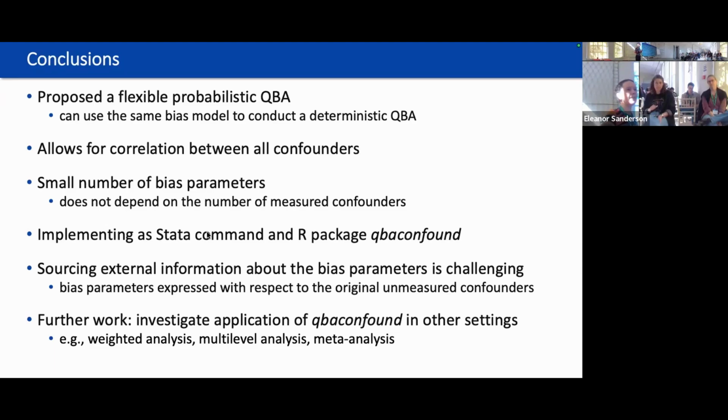Obviously, with bias analysis, the really difficult bit is getting the external information. It's a little bit like what Kate Tilling was talking about yesterday in terms of triangulation. This is the part that often is not really addressed in papers on quantitative bias analysis, including by someone like myself. I'll just say something in the discussion mentioning how difficult it is. And it is something I'm really interested in looking at, trying to help analysts get this good, reliable external information, because as you can see, the reliability of the sensitivity analysis depends on